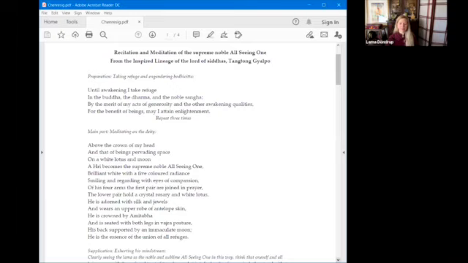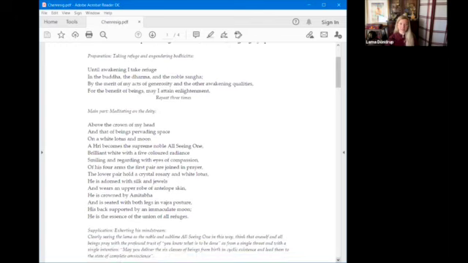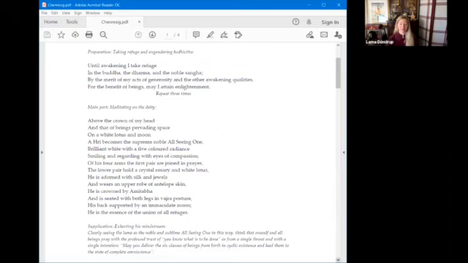So engaging in this practice, what we're doing is working to get in touch with and manifest that awakened compassion that is innate to who we are. It's just we do not always have access to it. And so this is a method to awaken that boundless compassion that is who you are.